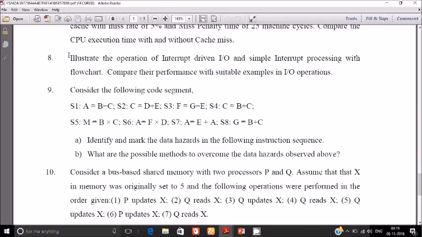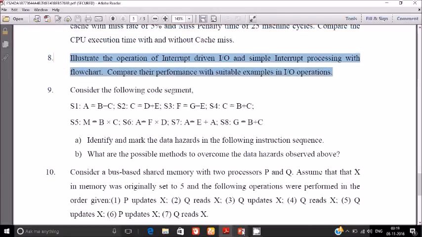So this is the first question: illustrate the operation of input output and simple interrupt processing with the flowchart, and explain the performance with suitable examples. This is the first half of the PPT.